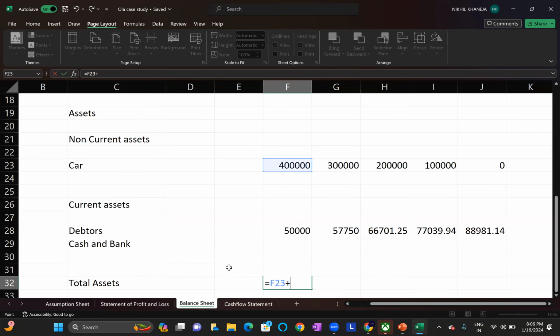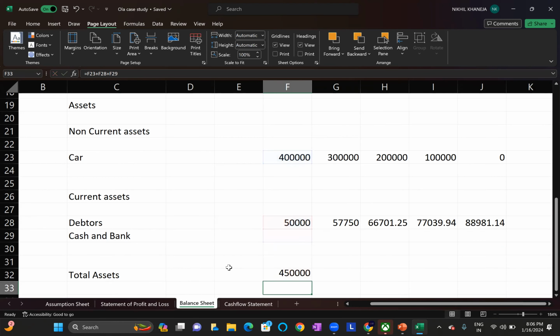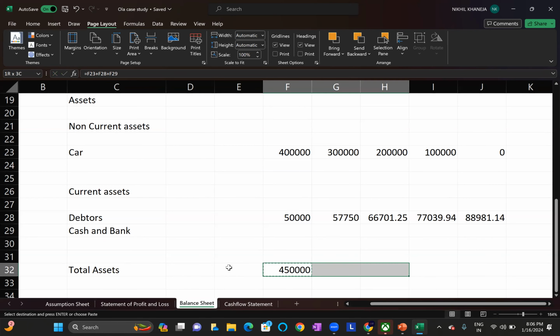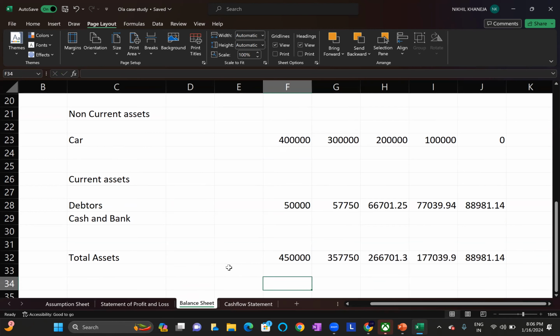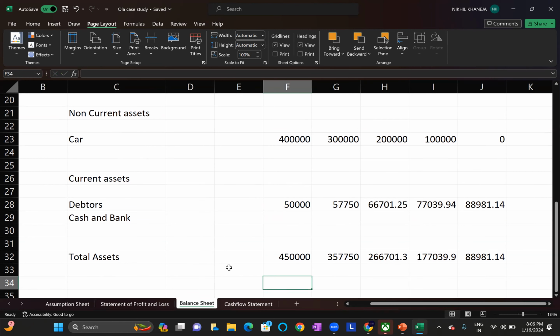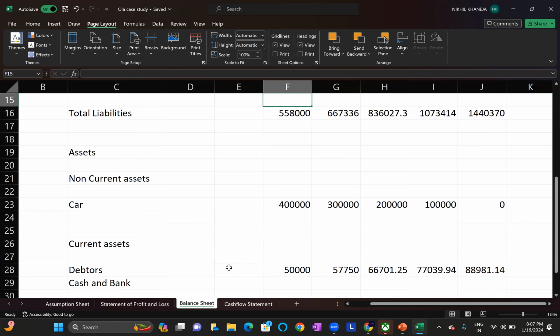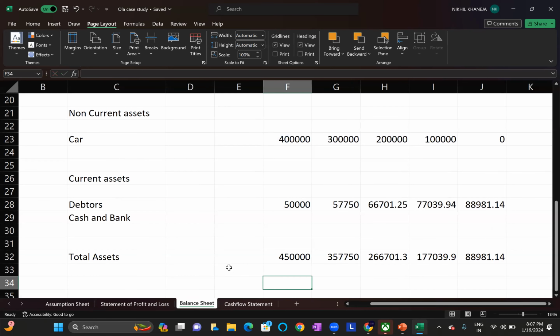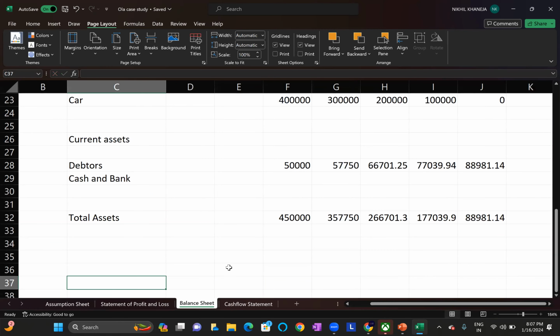This plus this cash and bank cell. So guys, as you know, assets and liabilities should match with each other. Our balance sheet should always get tallied. But at present, we can see total liabilities for first year are 558,000, but total assets for first year are 4,50,000. There is a difference, and it should get matched. It will definitely match after we have the cash and bank balance, which is yet to be calculated